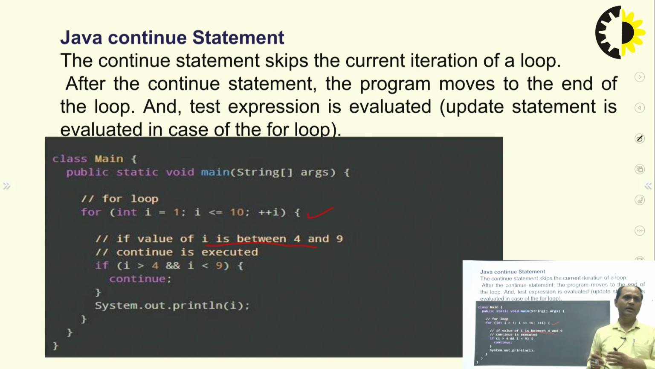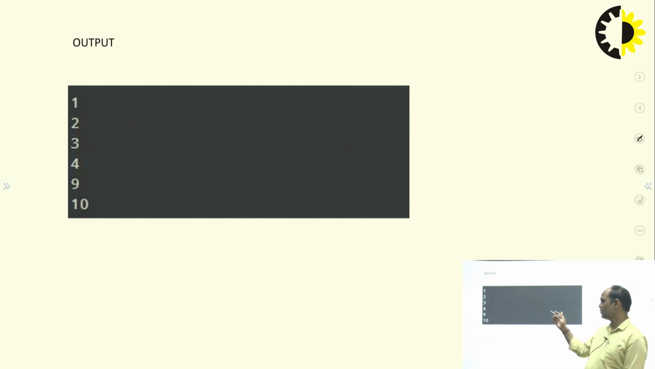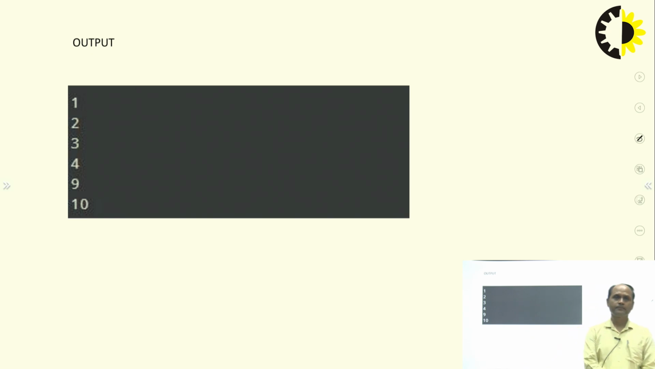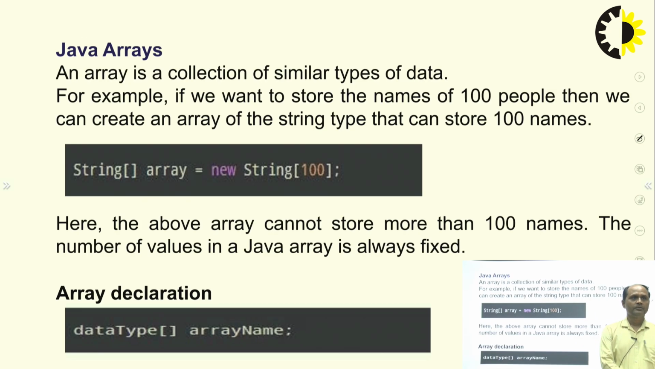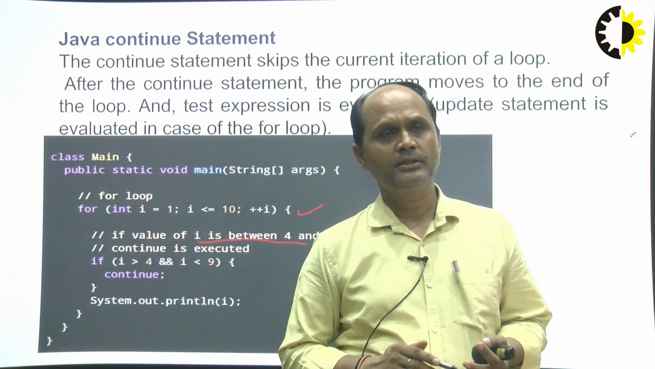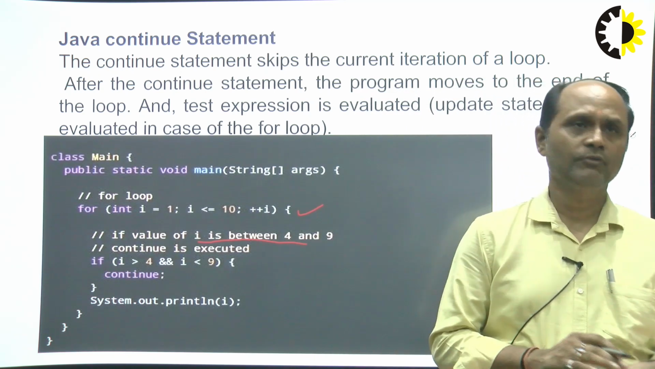In this program, if we do not use the continue statement, then the output is the numbers 1 to 10 printed in this format. We can use the continue statement and skip some iterations. Here is the output of this program: 1, 2, 3, 4, 9 and 10. These are the statements used in Java. So we have discussed if else, continue, break and while statements. This is the flow control of a